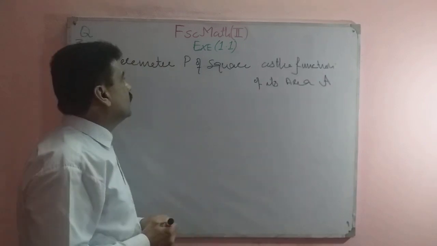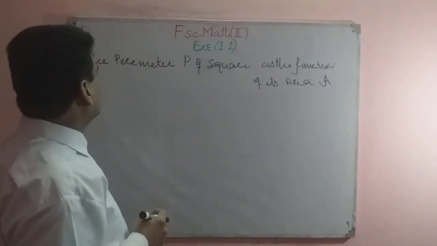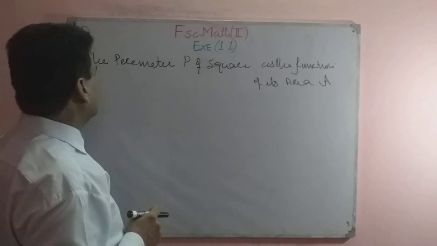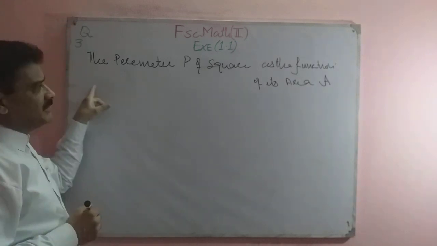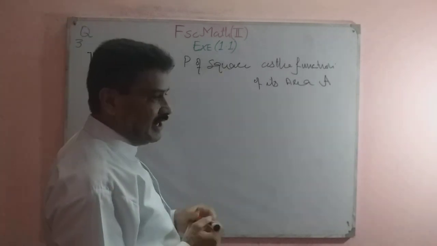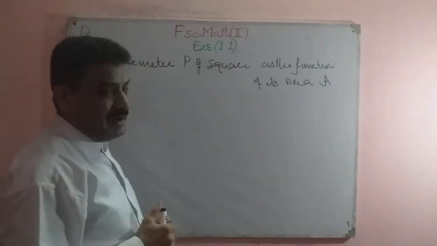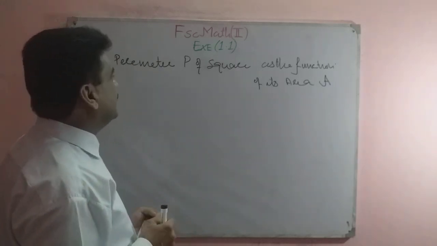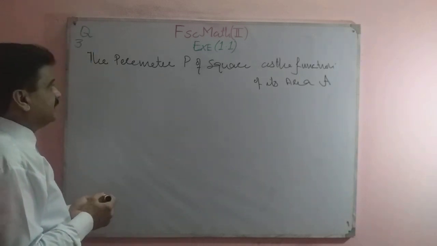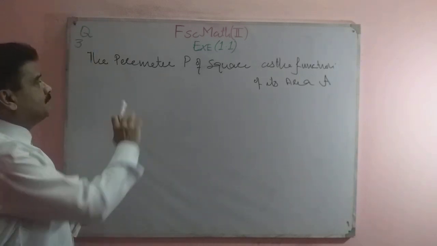Today in this video we are going to start Exercise 1.1, question 3. The perimeter of a square as a function of its area. You know, the dependent variable is always a function of the independent variable. Here in this problem, the perimeter of a square,